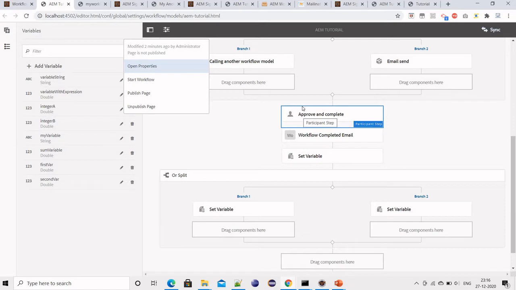Basically, I will just run this workflow. We'll see what the navigations are. So right now I'm going to trigger it manually, but yeah, there are ways through which we can automate it. Of course, I'm going to talk about it.